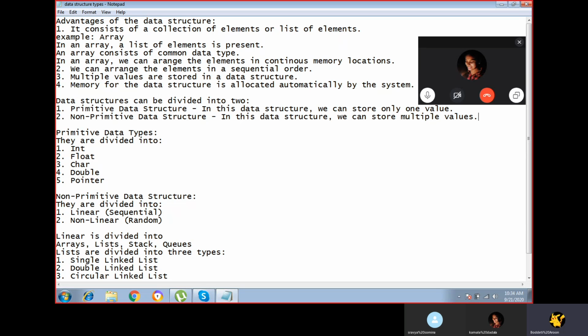We can store more than one value in our list. So that is the definition of the primitive and non-primitive data structure.